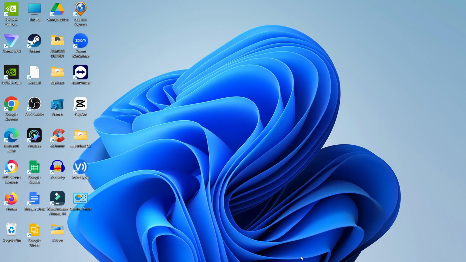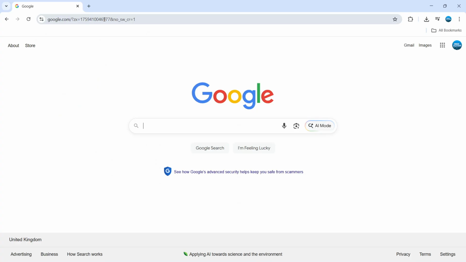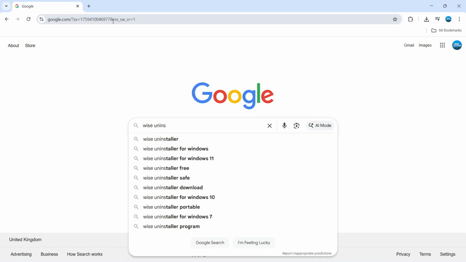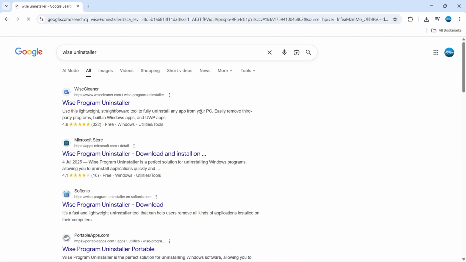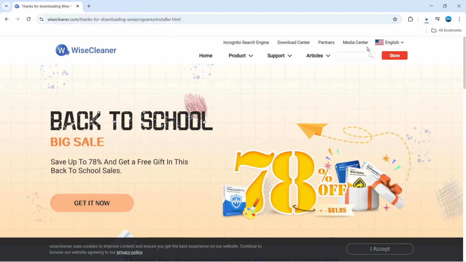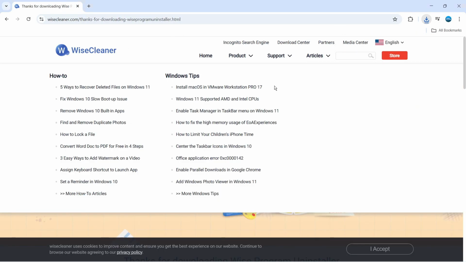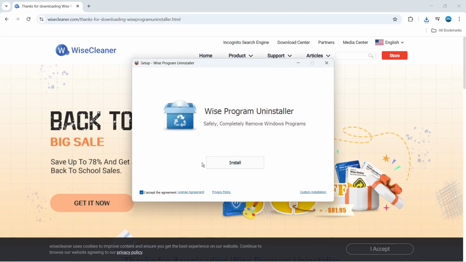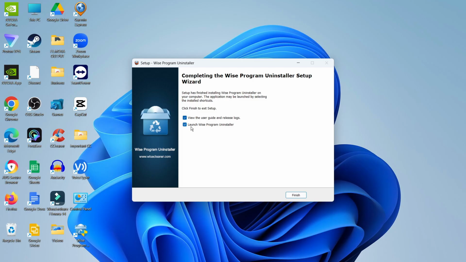Next, open up a new internet browser and then come across to Google and search for something called the Wise Uninstaller. It's going to be the top result that comes up, which is wisecleaner.com. It's completely free, so you just want to click the free download button, and then click and run through the steps to install the Wise Cleaner onto your PC or laptop. Once it's installed, you can leave the box ticked to launch the Wise Program Uninstaller